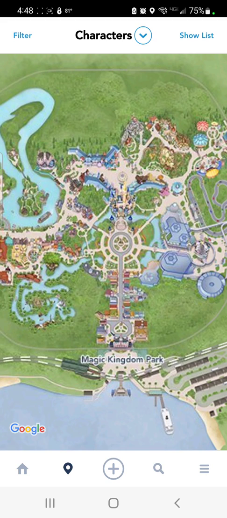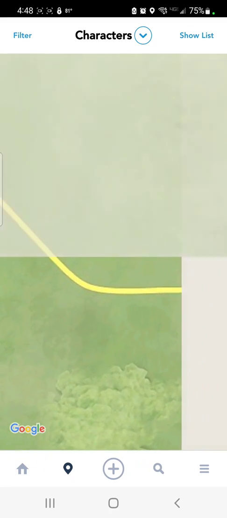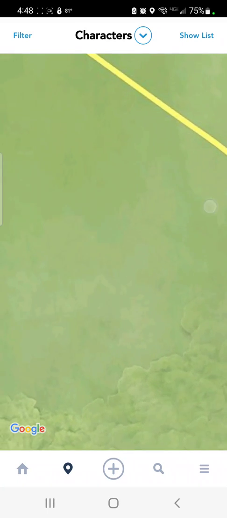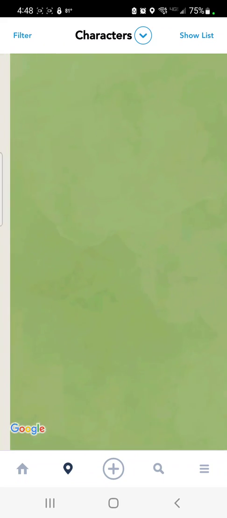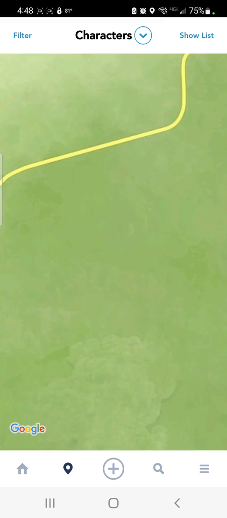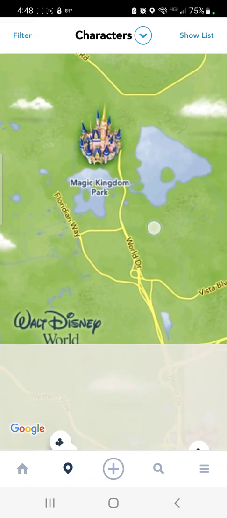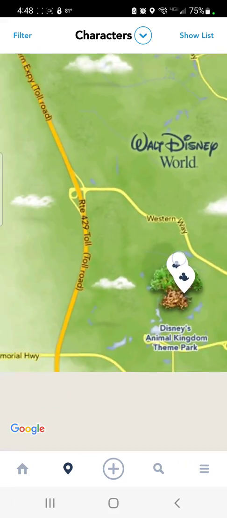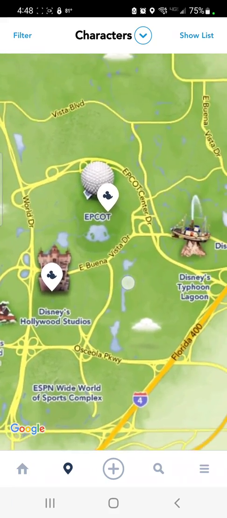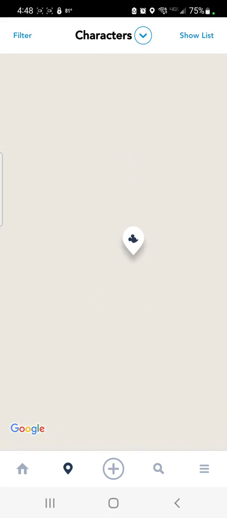I prefer the list view. If you prefer the map view, then you can always use the map view. You'll see that if I scroll over in the map, I can find, let me zoom out a little bit, see if it makes it a little easier. There we go. I don't know why it's not letting me filter out. There we go. Okay. So you can see that there are still character meet and greets available at Epcot